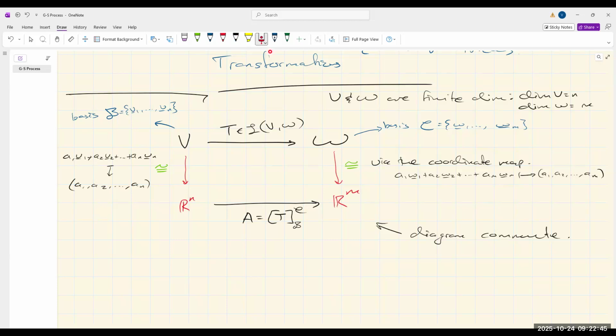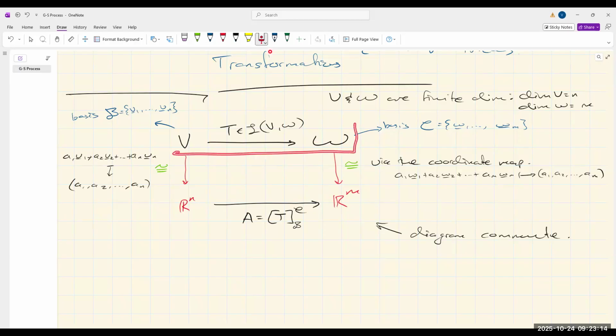Diagram commute means you could go this way, then this way, or you could go this way, then this way, and you get the same answer. Right? So if you're looking at a more advanced book on linear algebra, they might put something like this diagram for you. Okay, so essentially what this is saying is that this motivates why we are now using matrices,